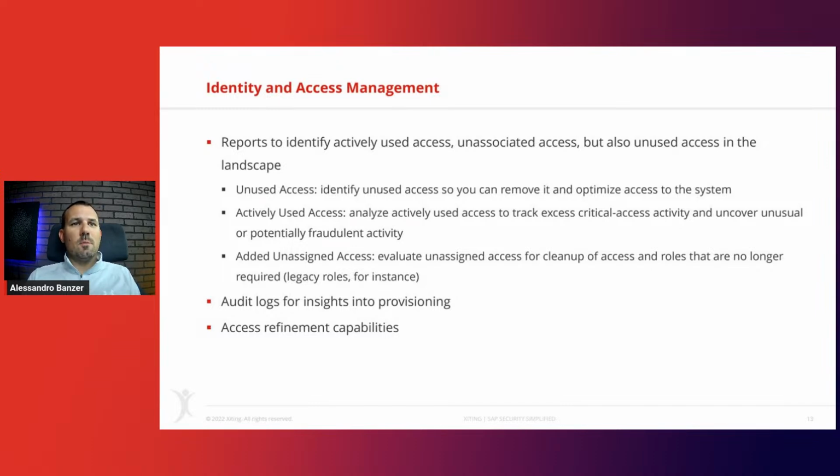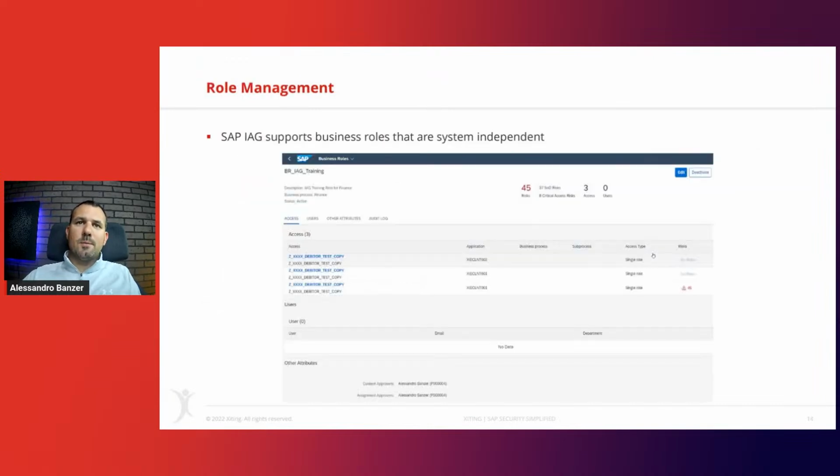And if something has not been used from a transactions perspective, then it can be automatically removed based on refinement capabilities in IAG. I'll show that in the demo as well, so you can see how that looks and how it feels. I think it's a nice feature to understand how that works and how we could use that as well. So, different capabilities there.